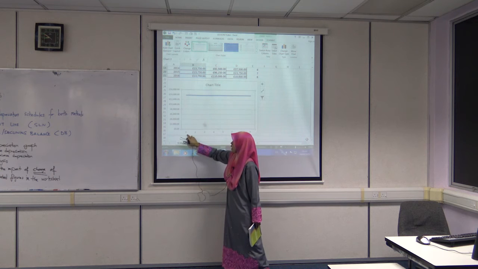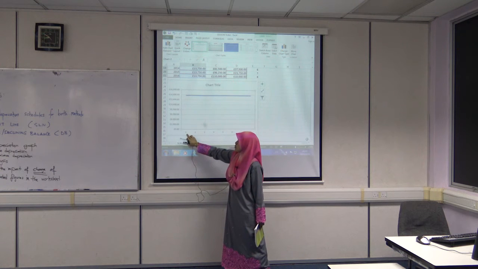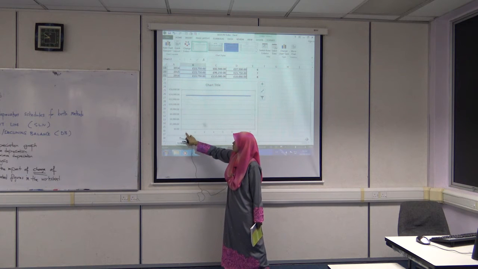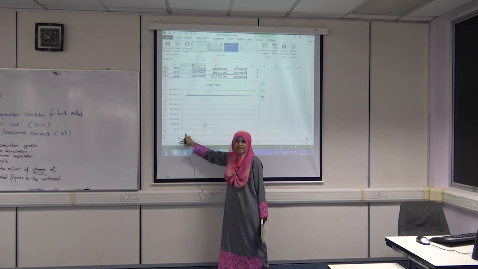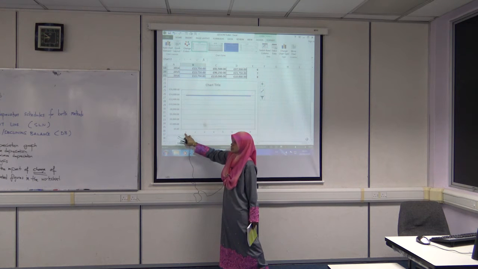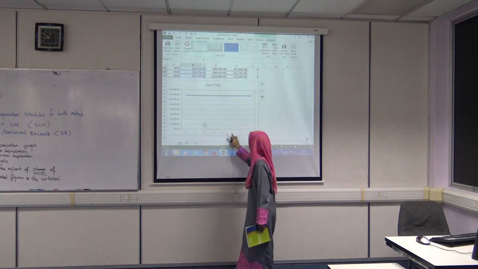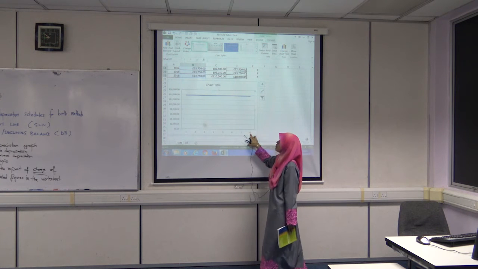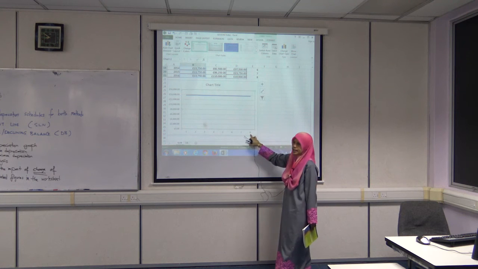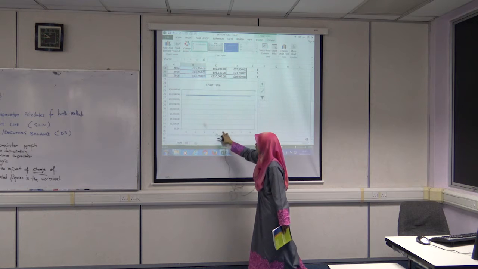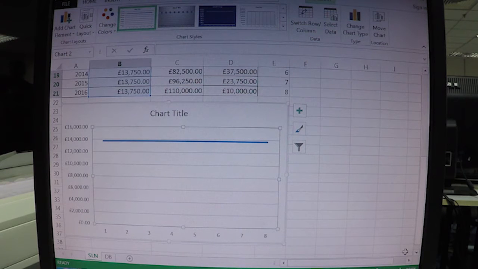So you can have real years to be placed here for your horizontal axis. Instead of having 1 here, maybe you want to start with exactly those years, which is 2009, and until at the end of the day you should have 2016 here. So to change this horizontal axis, as I mentioned before, you need to click the select